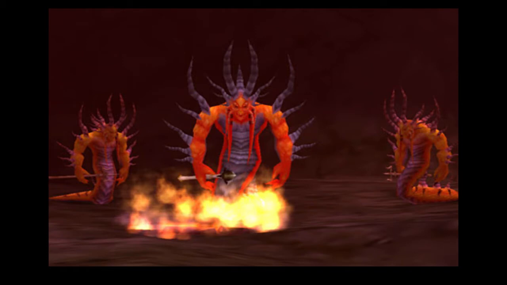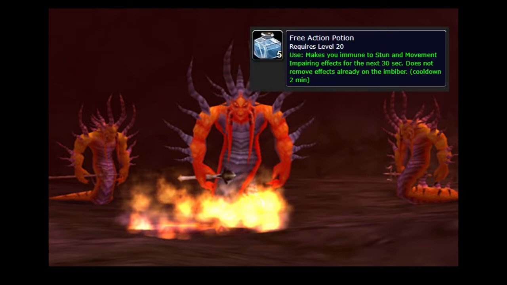Alright. So for the next fight, we're looking at Gehennas. Gehennas has two adds. Normally you'll pull the two adds off to the side at the start, and you'll just burn down the two adds. Nothing special about the adds here. And then when you go in on Gehennas, pop a free action potion,